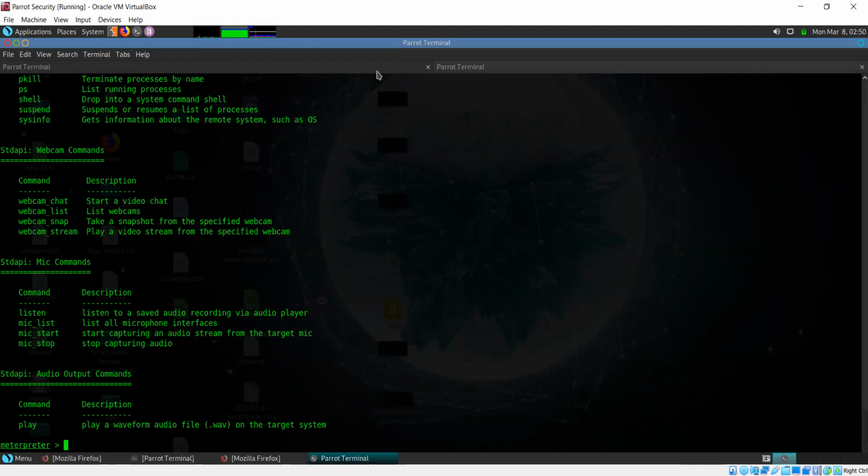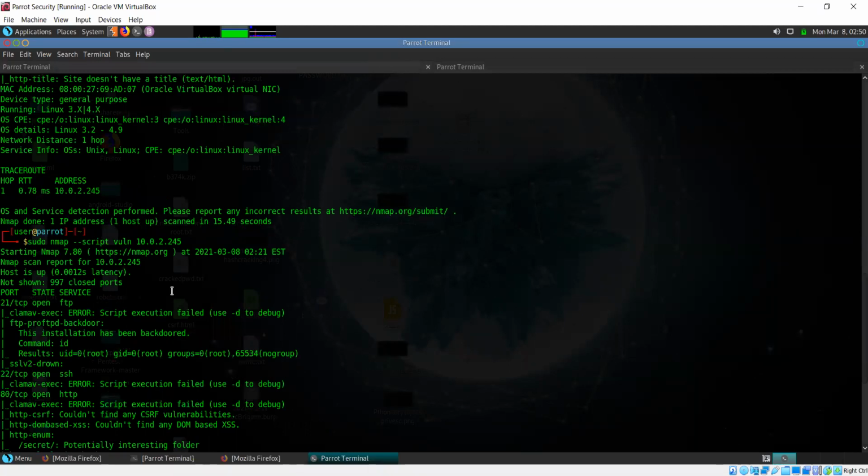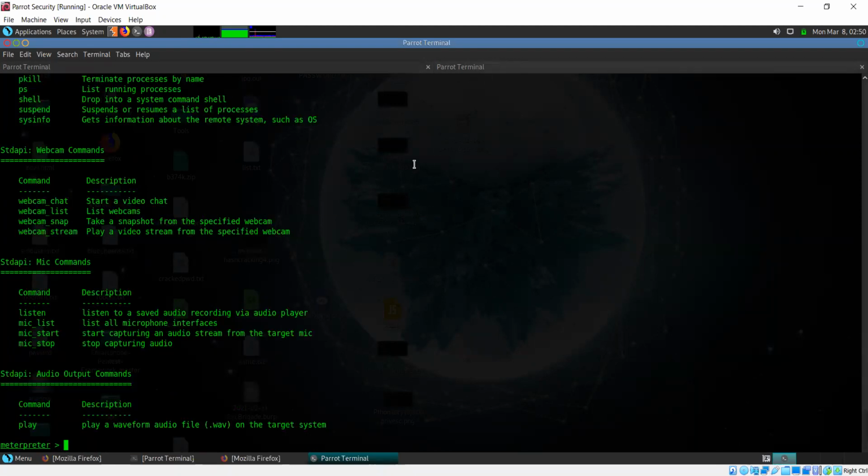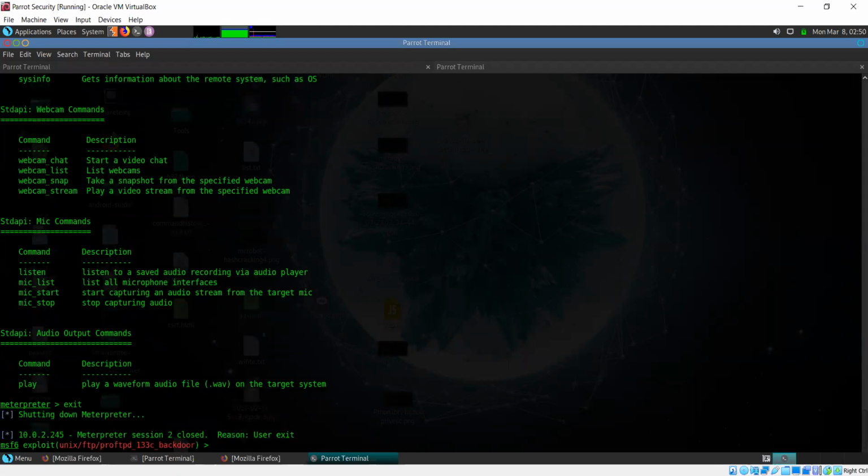Now, like I mentioned, there are two ways to hack this basic pen testing machine. One of which we have already seen with the FTP vulnerability, and the other, we'll have to take a different route. Before that, any questions so far? No? Okay, so I'm going to exit Metasploit now.